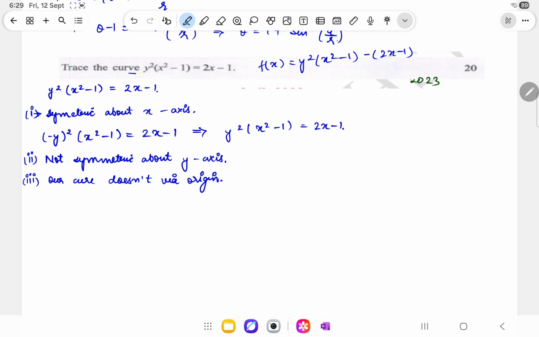Now let us check at what point it intersects the x-axis and y-axis. If it is intersecting the y-axis, then on that, x is equal to 0. So if I put x equals 0, I'll be getting y square into minus 1 is equal to minus 1. So from here I got y equals plus minus 1. So at (0, 1) and (0, minus 1), our curve is intersecting